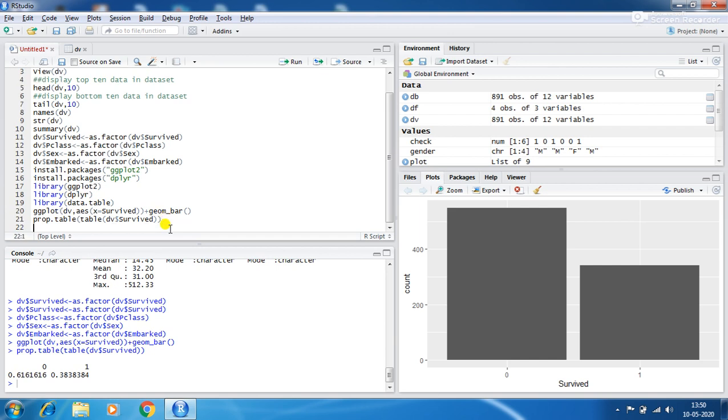Okay, then the survival rate on the basis of gender.